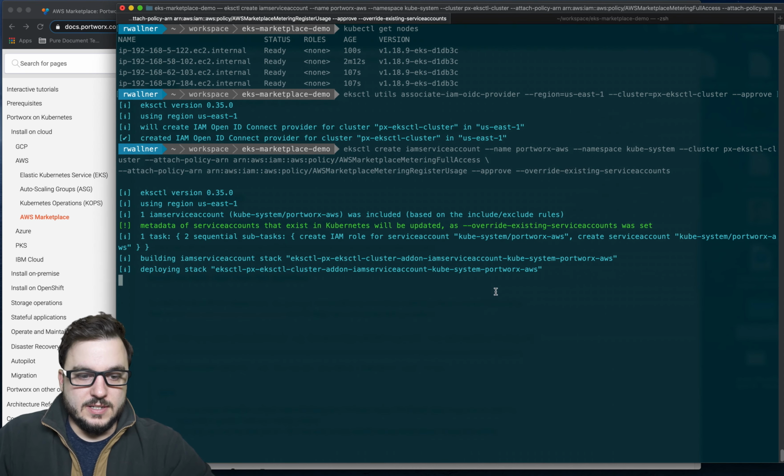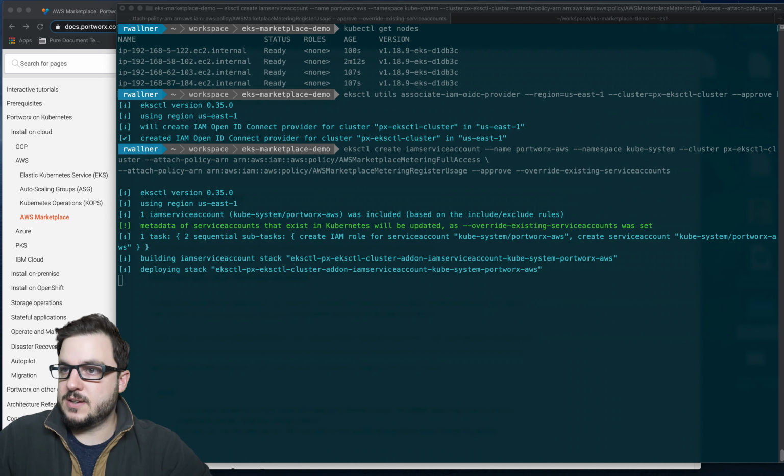So this should be done probably within 1 minute to associate the service account with the Portworx cluster that we're running in EKS. So any second now, this should complete and we can move on to our Helm steps. Keep in mind that before you deploy Helm